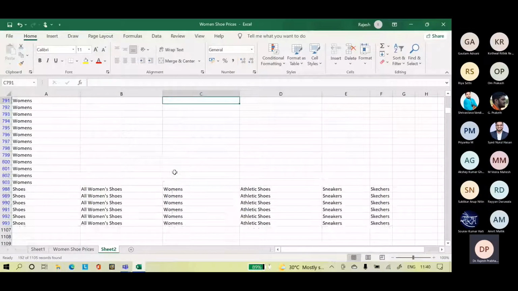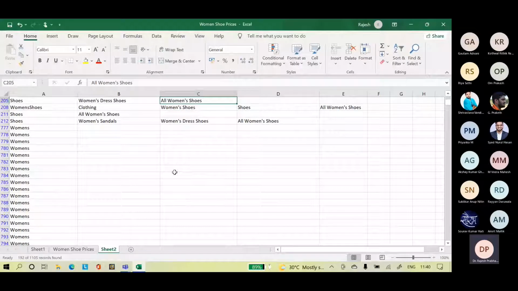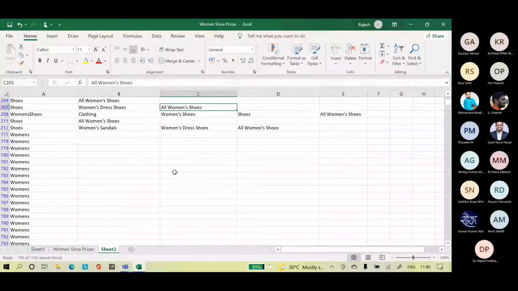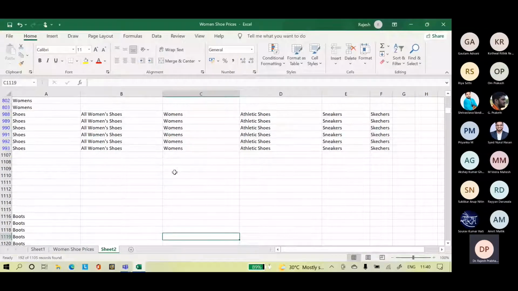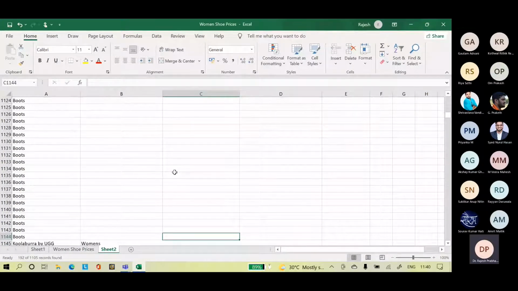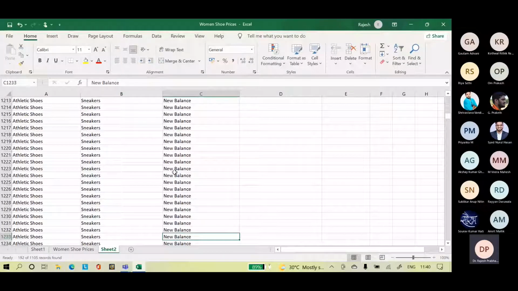Now we have a lot of rows called women where we don't have a categorization. It is missing for these categories. Boots, athletic shoes and all.